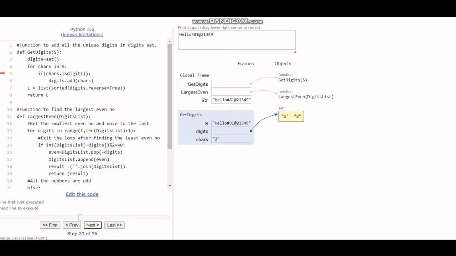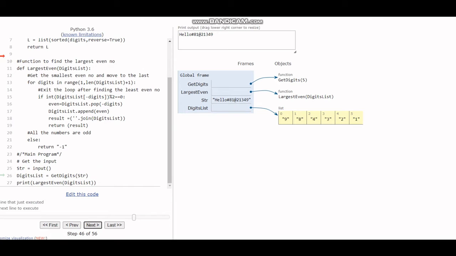All the digits are getting added with the use of a for loop, and then it is getting sorted, and we are coming to the largest even. In the first case, we have found that the even number 2 is found. Immediately we are finishing the job, printing the desired output and quitting.